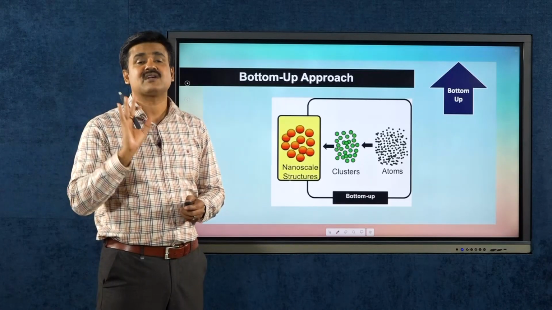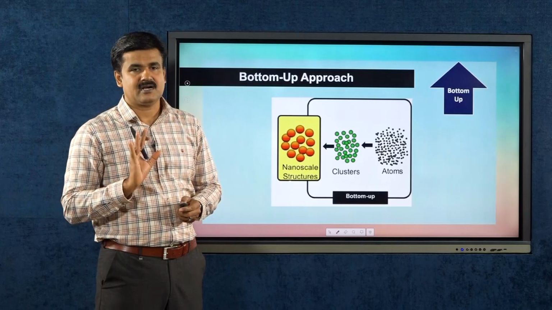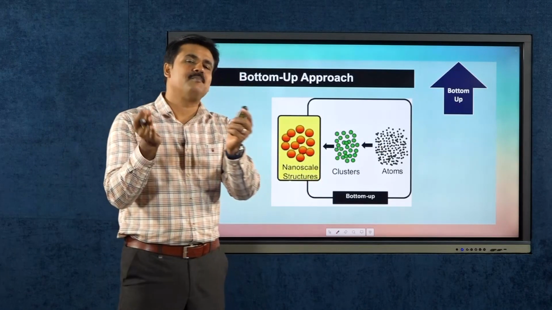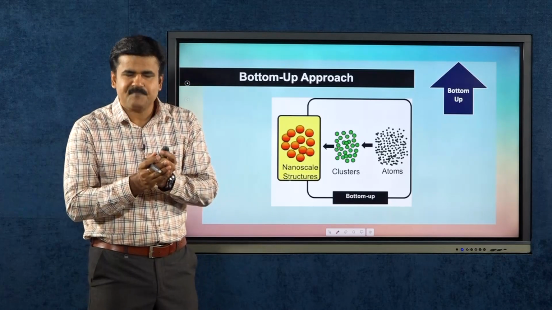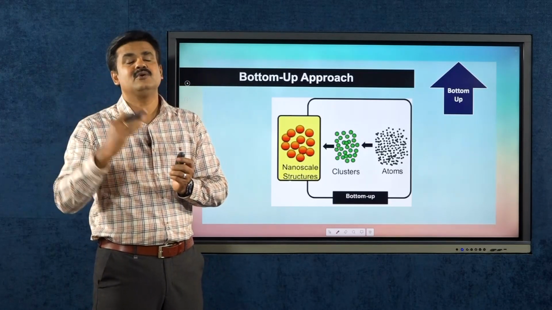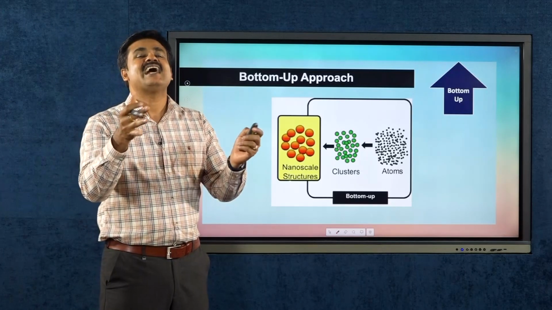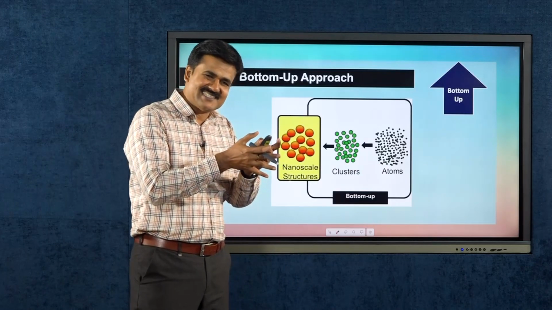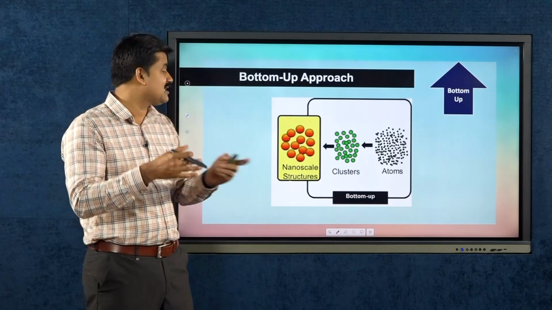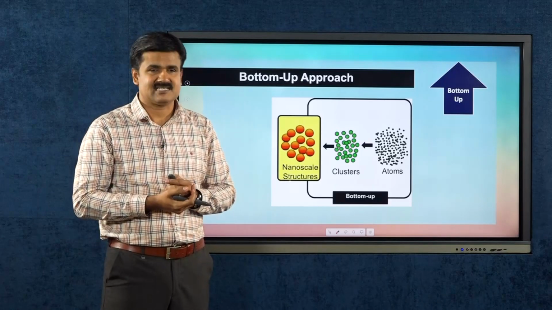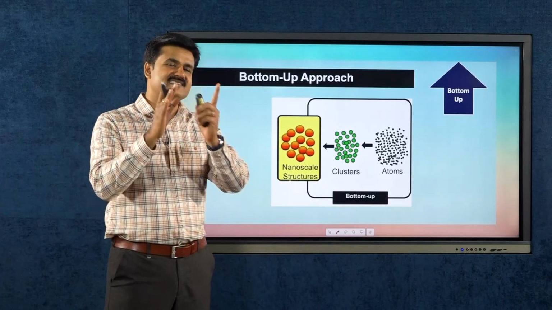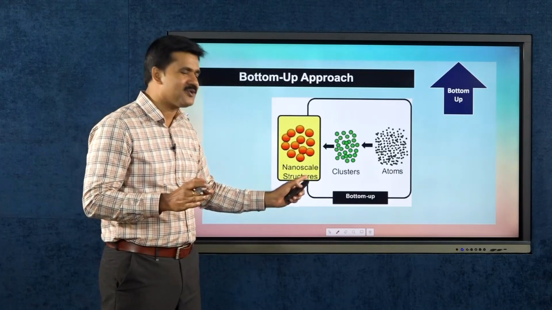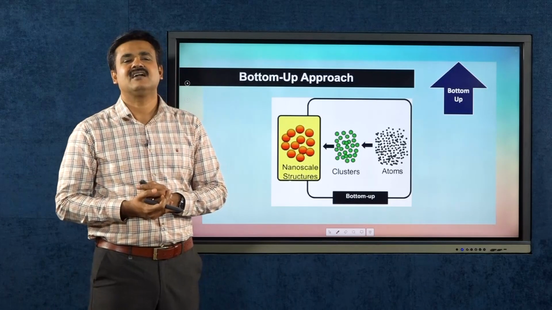The size of a nanocluster is less than a nanoparticle but greater than an atom. So, atoms first assemble together to get clusters, and clusters convert to nanoparticles. This is a gradual assembling procedure. Atoms assemble together to get clusters, and clusters assemble together to get nanoscale structures. This approach is exactly opposite to the top-down synthesis, and this kind of synthesis is called bottom-up